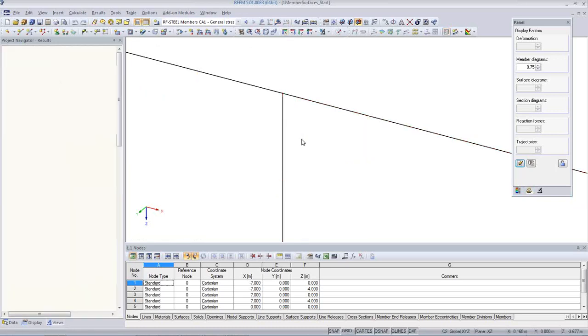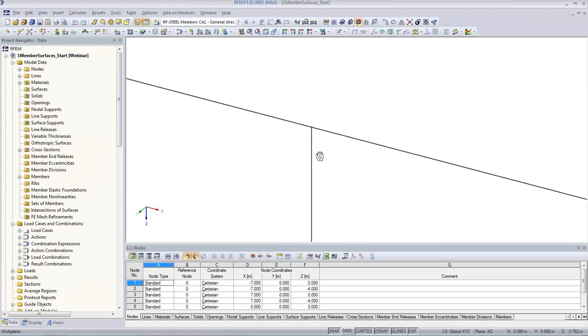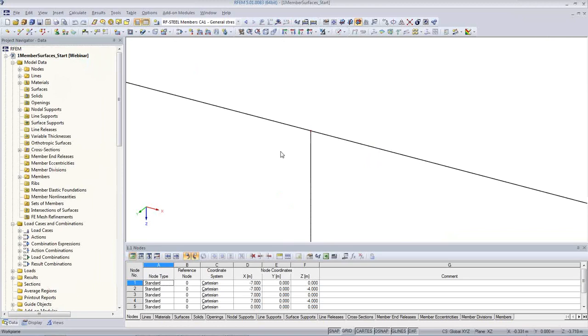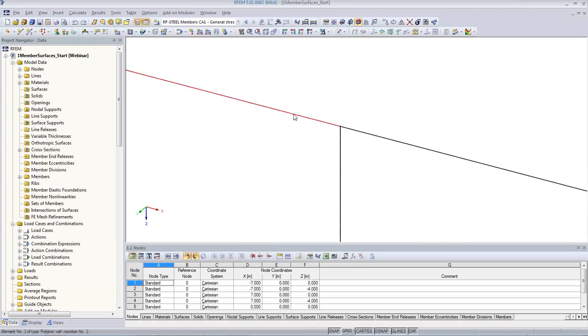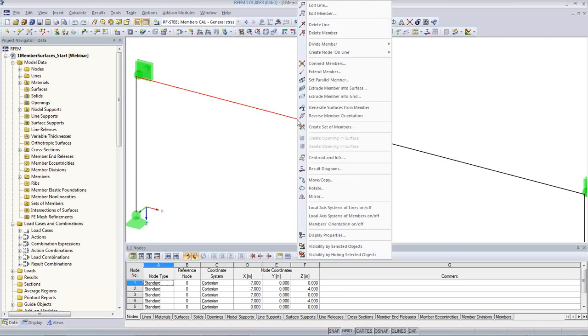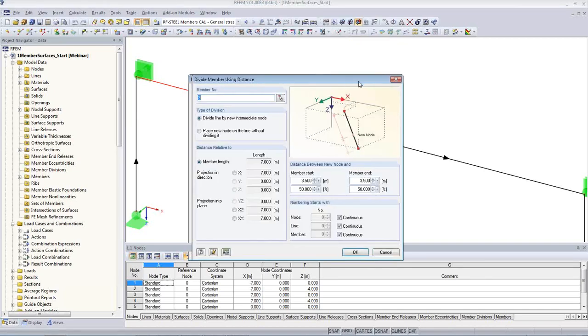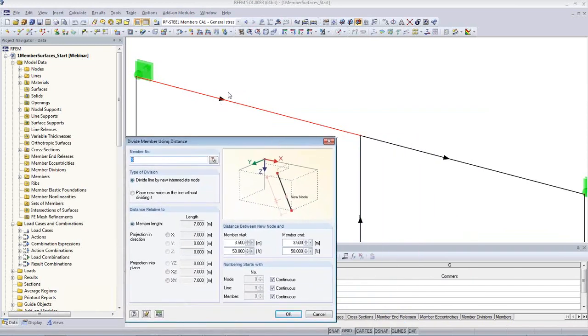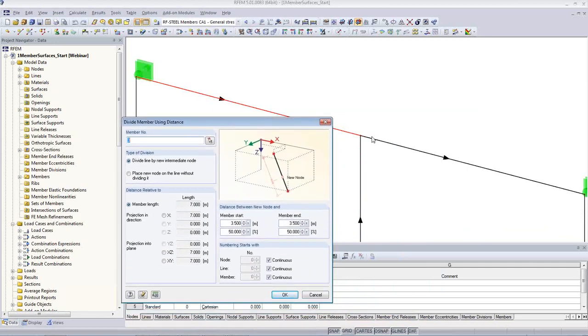So how to do this? First of all, I have to isolate this section here where there is the connection. Inside RFEM, I have the option to select a member, and then if you don't know what command you have available, it's always a good idea to use the right mouse key on the selection. Then we will divide the member at a certain distance. Please note while I'm doing this, I see the direction of the member in the background of the selected member, and I can see here at the member end, which is this area here, I want to have a